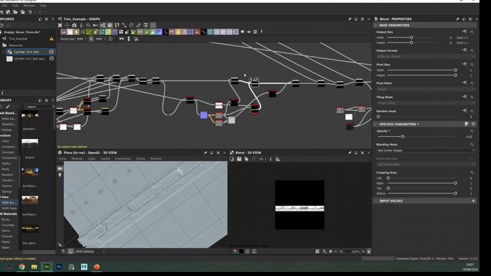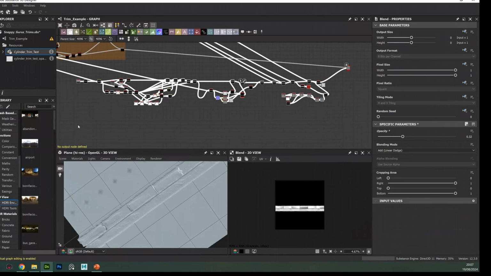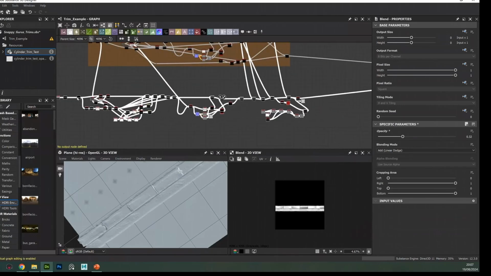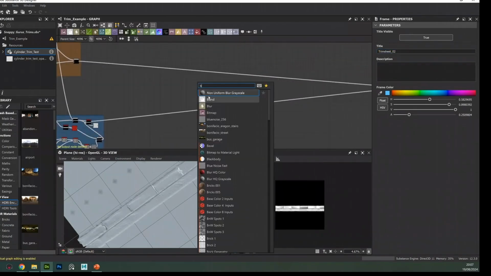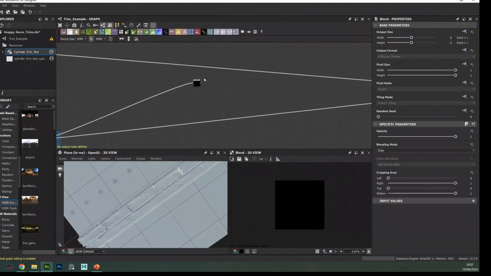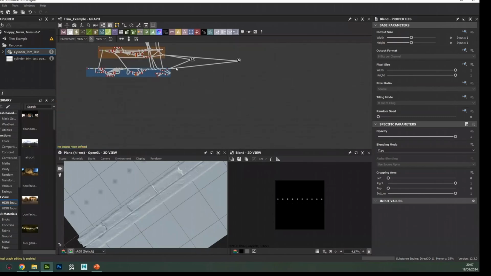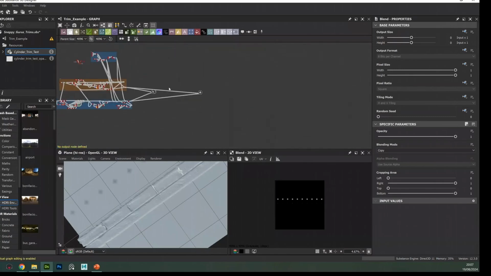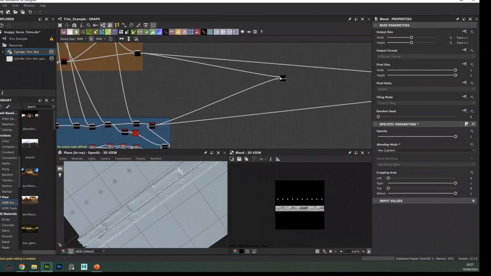Okay, so we can consider this one done, and we have time just for one more small one. So I'm going to put this as trim sheet 2. We can start blending this. That's going to be our main graph for the blending stuff. So basically, when you have like 10 different themes, you're just going to have a bunch of them, and then you have to blend them, and just require use a lot of masks to